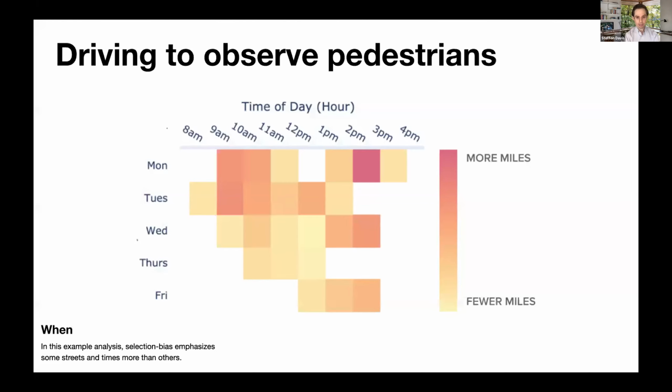This is a heat map showing the time of day that those miles were collected. As you can see, most of the miles are collected in the morning and in the afternoon. And it's important to keep in mind the nature of any sample in a data mining exercise, because an ideal data set would cover every single road equally at every time of the day equally under every single weather condition equally. But without that, it creates selection bias. So the results we're looking at really have not much to say around what may have happened at night or on the weekends.